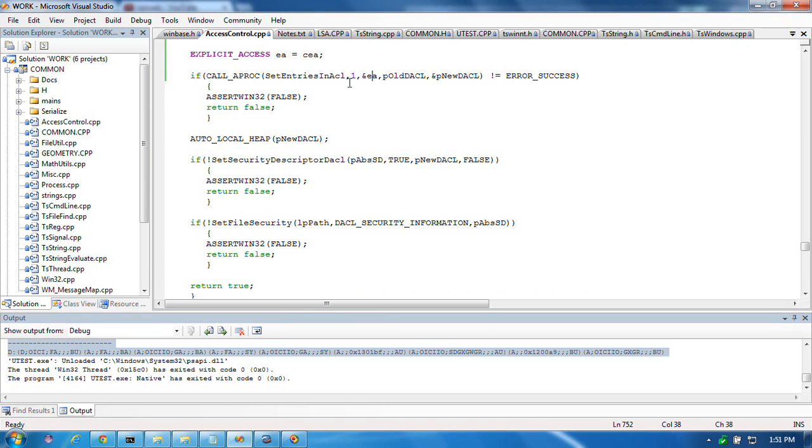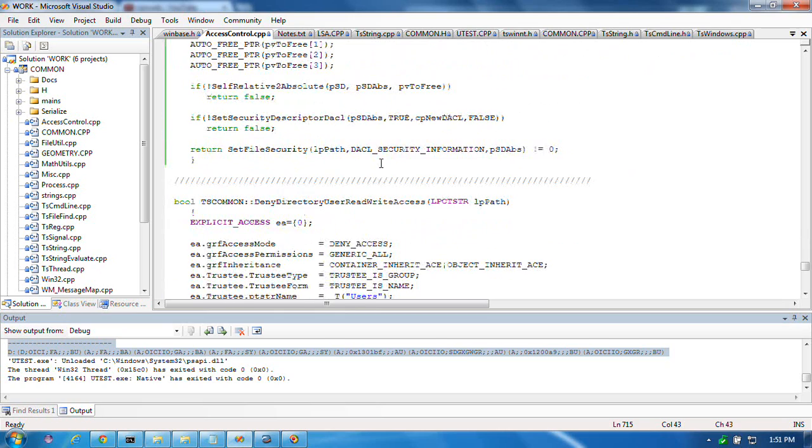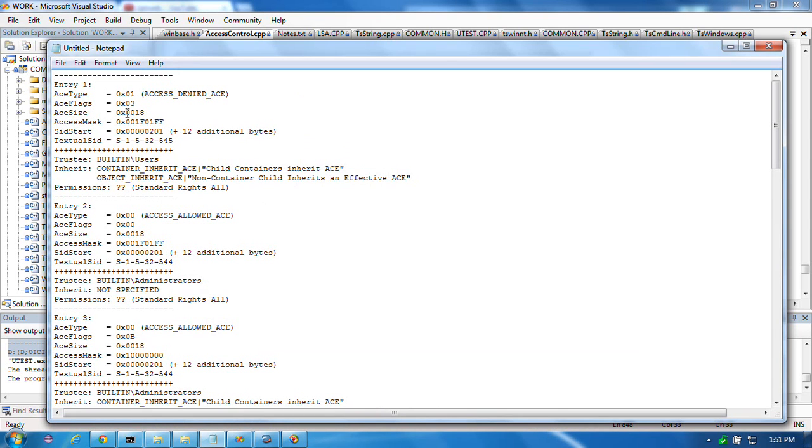I add one of these explicit access things to the list, and it says it should be generic all deny access. But if you look at it, there's nothing generic at all about this. The generics would be in the top nibble. It certainly does standard access all deny,